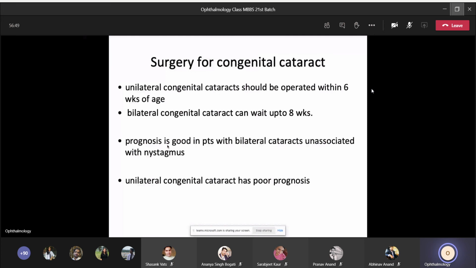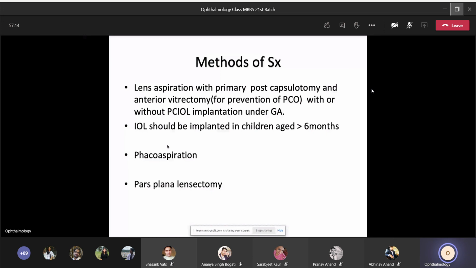The prognosis is good among patients with bilateral cataract which is not associated with nystagmus. Unilateral cataract has a bad visual prognosis because there is always competition with the good eye, so there is always a chance of developing amblyopia in the cataractous eye. The method of surgery is different from adult surgery. In adults, the nucleus is very hard, so we have to extract it. But in case of